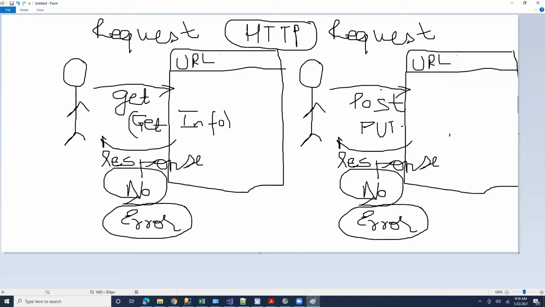So if you are giving some information, that's mostly post. If you are storing something sizable, not just a piece of data but an object, that's put. You only commonly use get and post, but that does not reduce the utility of put and delete. They are methods. So there are lots of HTTP requests. Commonly, you only see get and post just because they are sufficient for most purposes.